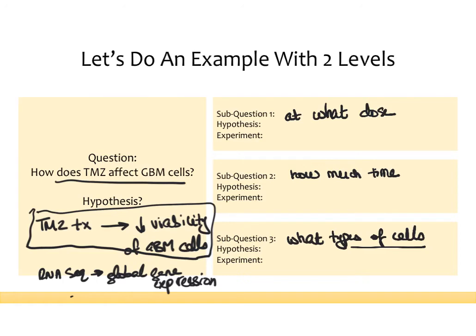That is a question of how TMZ affects GBM cells, but it's a question that now is bringing in P53 and a number of other genes, which is not the question that we had initially asked. The question we had initially asked is just a simple, how does TMZ affect GBM cells? So you want to try to keep it very straightforward so that you don't start bringing in a lot of